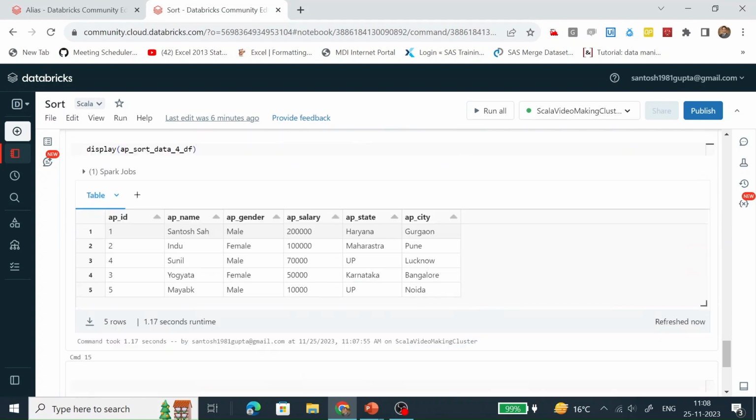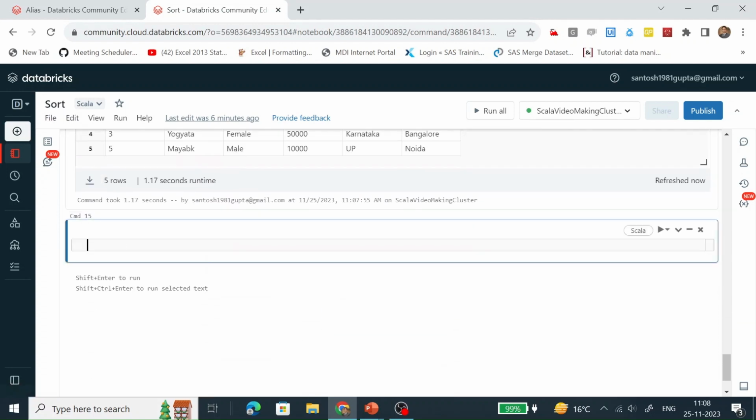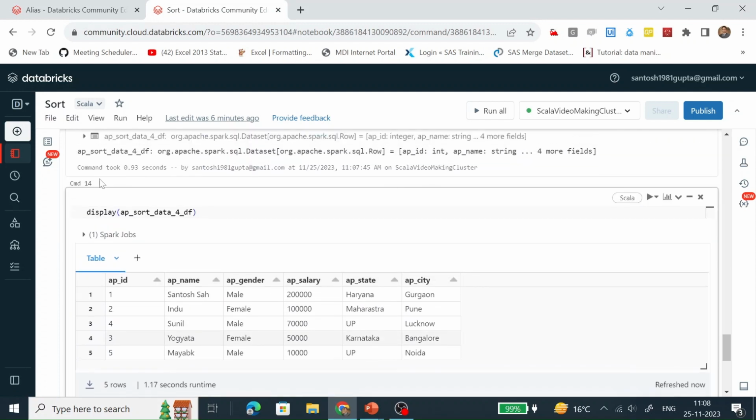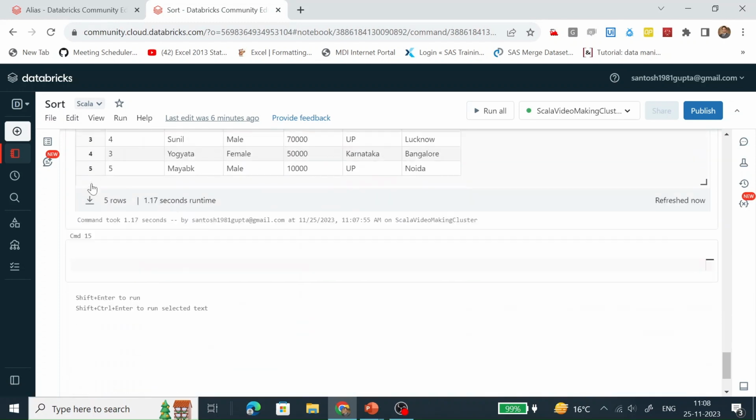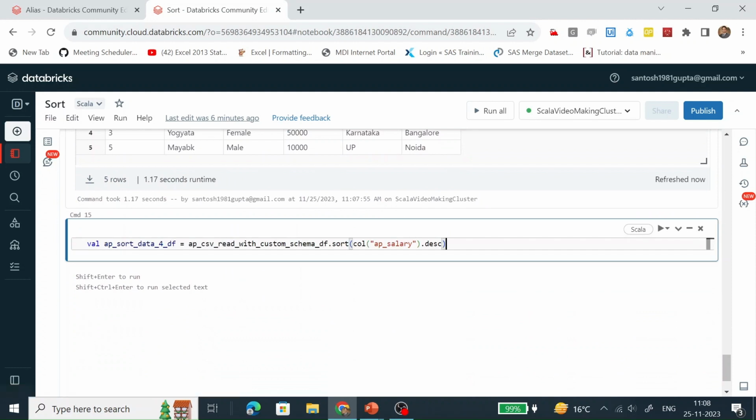Let's sort the data frame based on two columns. Just copy this code and paste here.